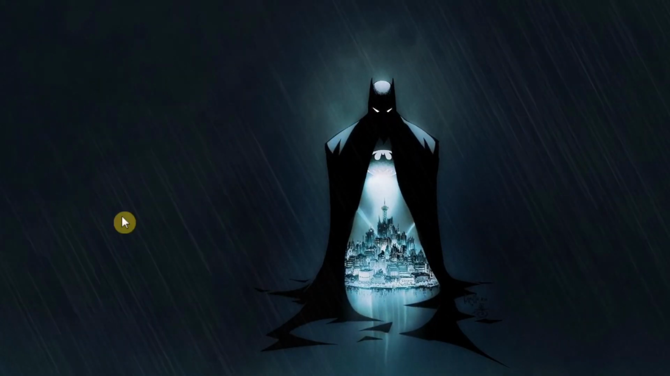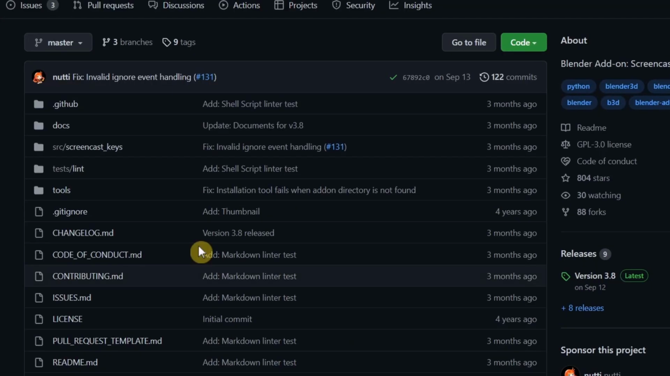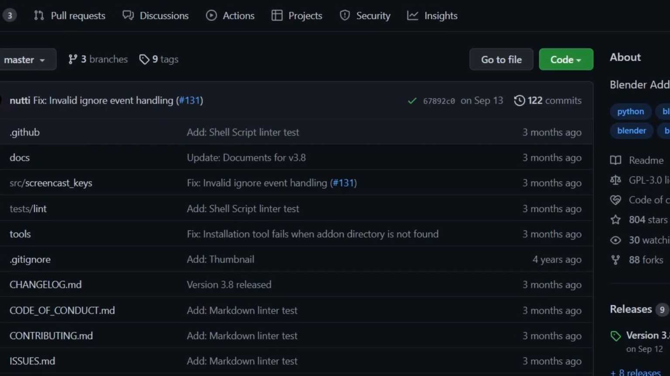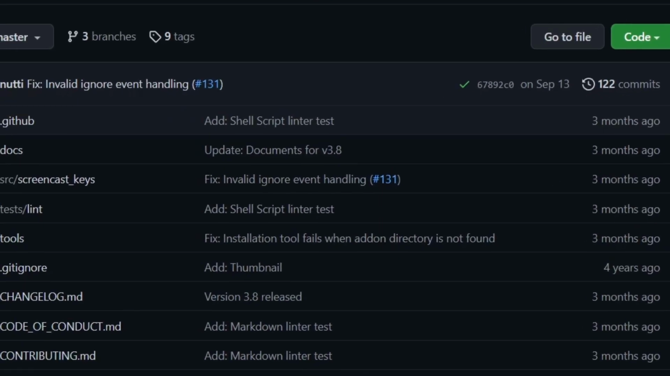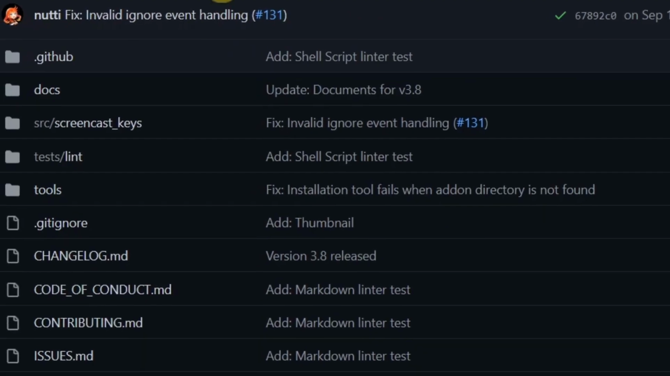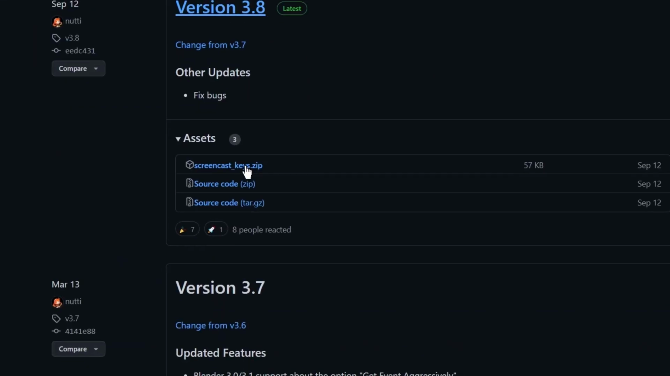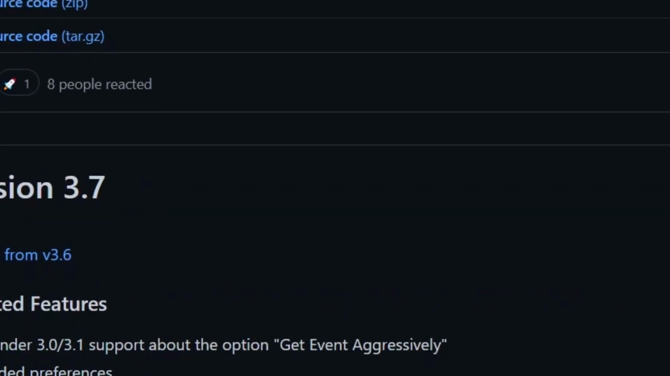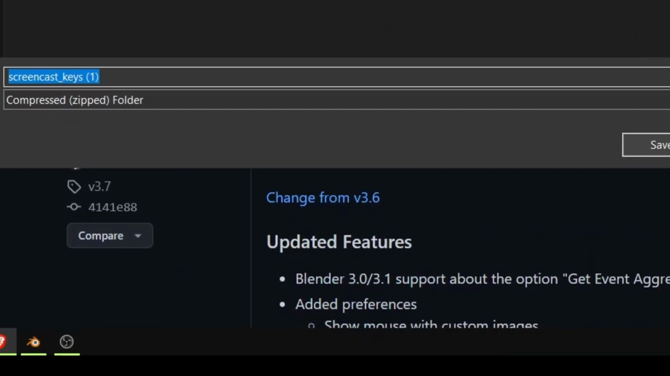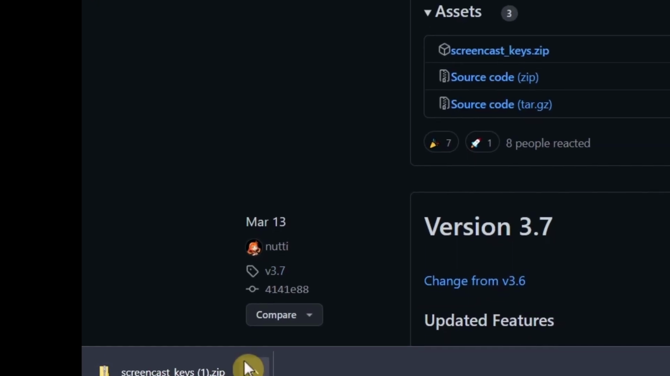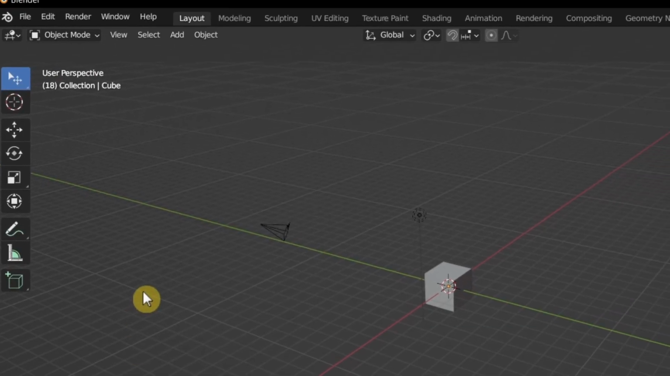What you have to do is to go to your browser, and here you just need to copy this link. I'll leave it in the description of this video. Copy and paste it here in the search bar, and then go to the release page. In the release page, click on this zip file, save it on your computer, and then go back to Blender,